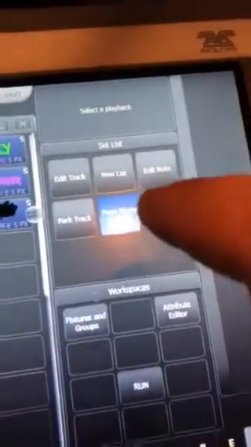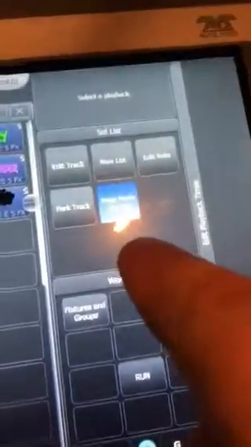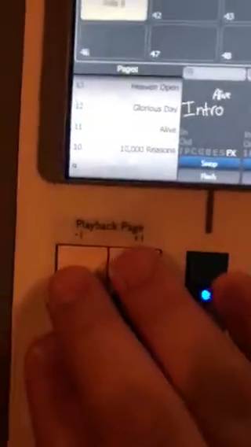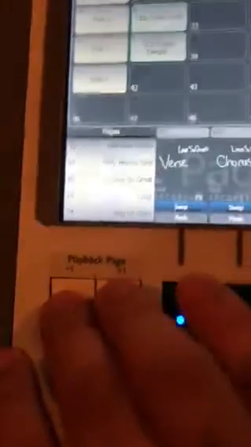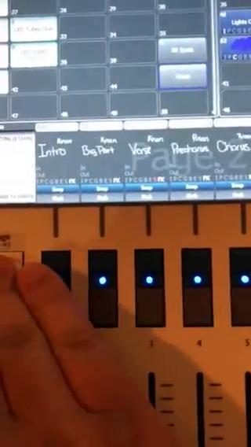This has a button, if I can get it to focus. This says page mode whenever you're highlighted on this window. It gives you options for, you can see set list right there at the top. It gives you options for what you can do with that window. So I'm going to do page mode normal to show you that now, like, I have 60 pages and every song possible, and everything that I programmed for different songs are all in there, but I don't want to see